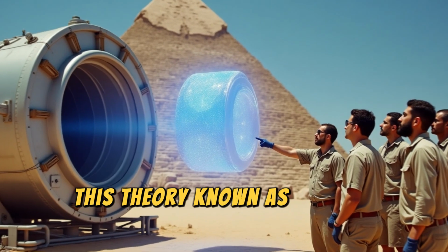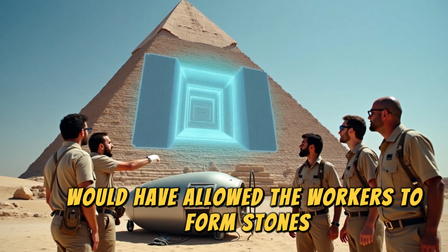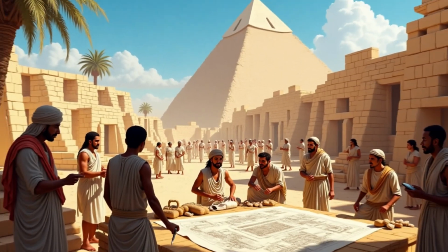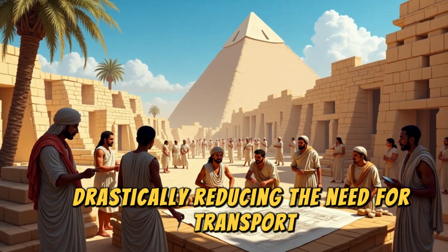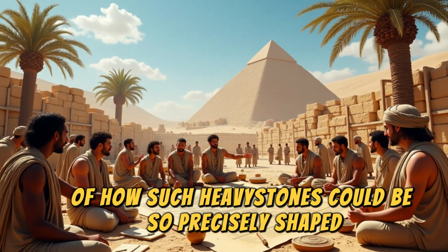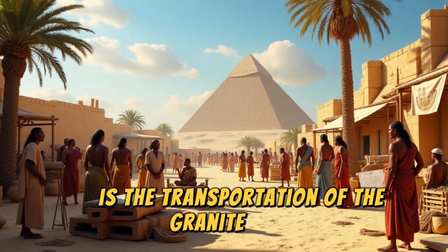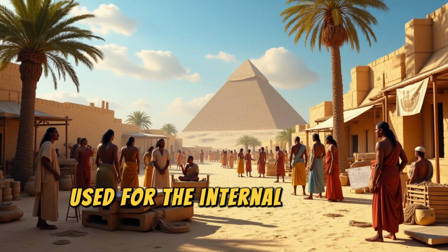This theory, known as the casting method, would have allowed the workers to form stones directly at the pyramid's base, drastically reducing the need for transport and solving the riddle of how such heavy stones could be so precisely shaped and placed. But even more perplexing is the transportation of the granite blocks used for the internal chambers of the